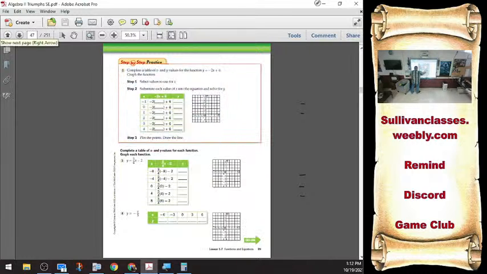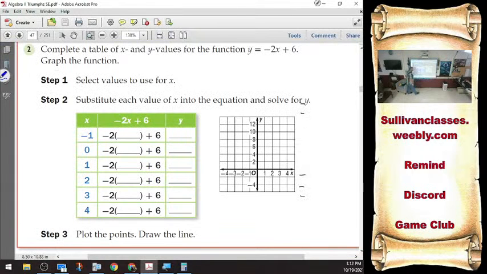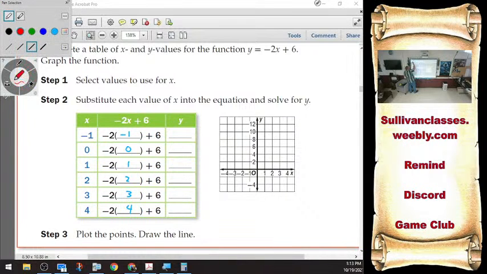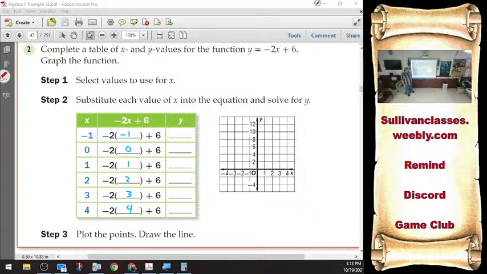Backside. Now we're going to complete the table. The table's not done for us. Oh, got my tick marks there. You're going to plug in the values. They have them there for us, so you've got to plug them in. They said put a -1 here, a 0 here, a 1 here, a 2 here, 3 here, a 4 here. But now you've got to figure out